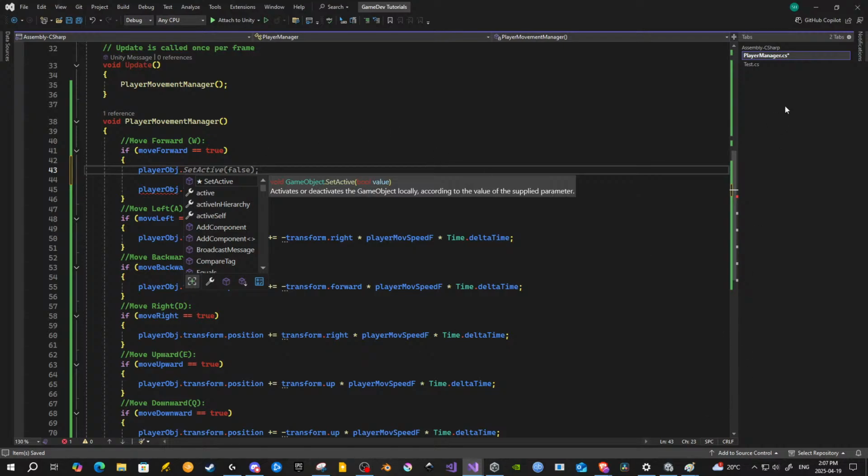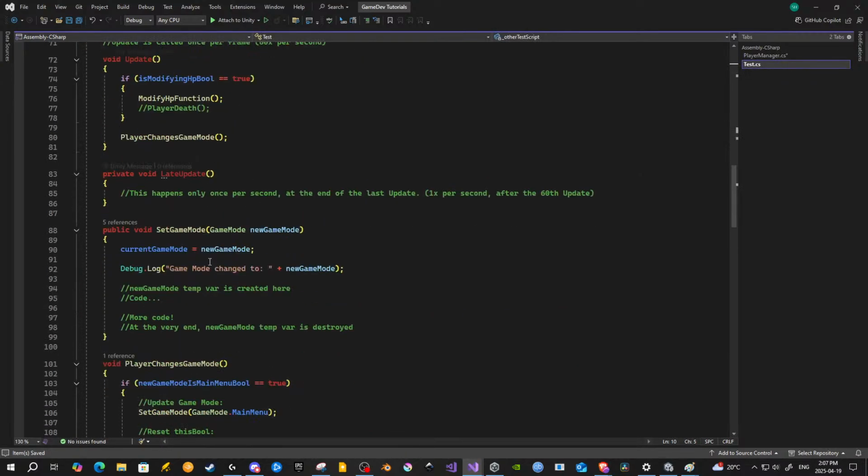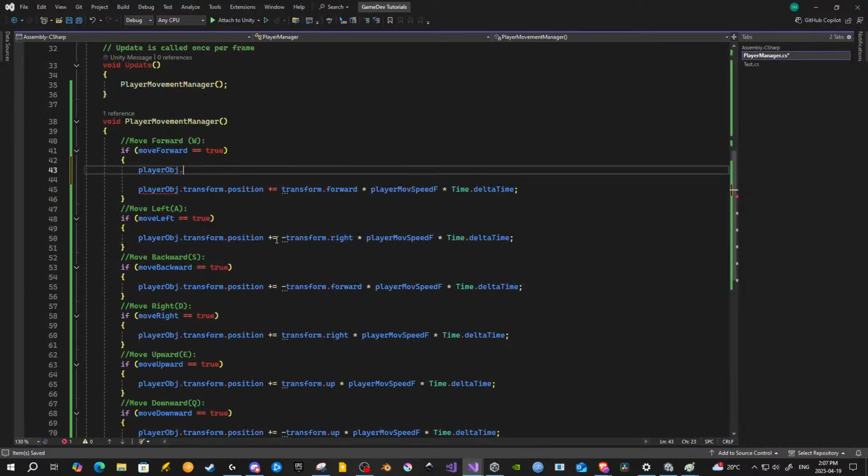Or like, for instance, if we go back to here, when you do game mode dot, that means you're accessing this variable, and the dot allows you to access one of its values, right? So it's always the same idea. Whenever you see something dot something else, like game mode dot main menu or player object dot blah blah blah, that means that here